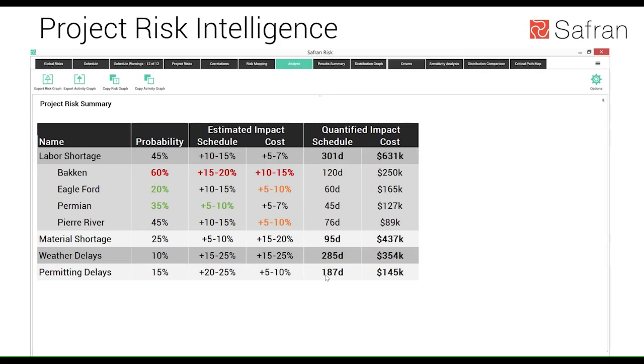So what does this view represent? Well, the top line there represents the overall enterprise assessment of what they think their exposure is for that risk, right? So within Safran Risk, we have this concept of global risk, right? So it's a way that project teams and organizations can establish what they think the top risks are to the organization or to the business unit, and allow the project teams then to use that as part of their assessment. Right? So what you end up with is kind of a consistent view of risk across the enterprise,